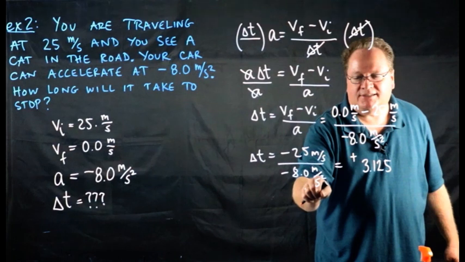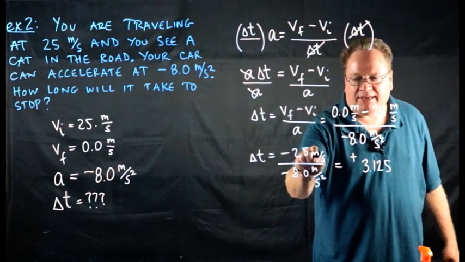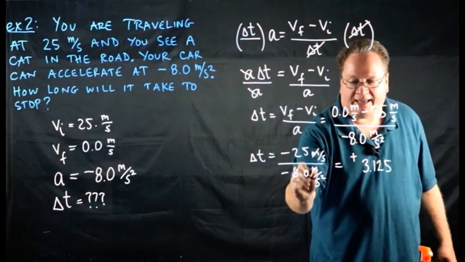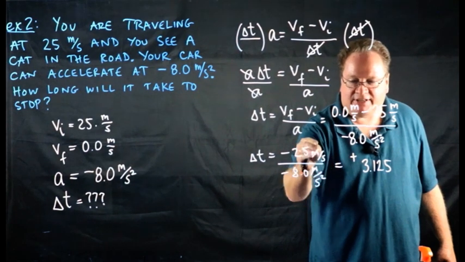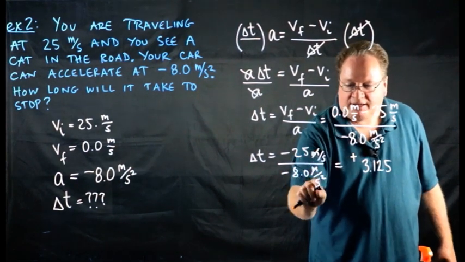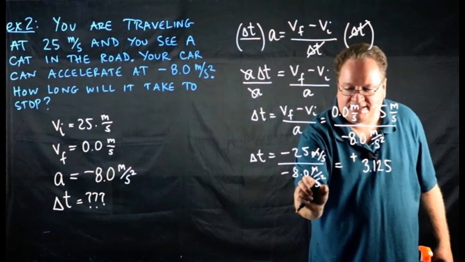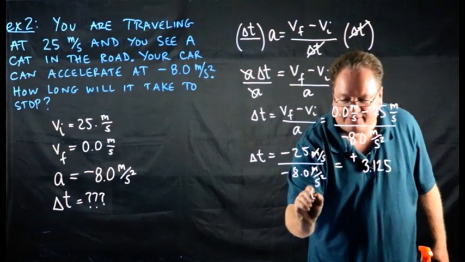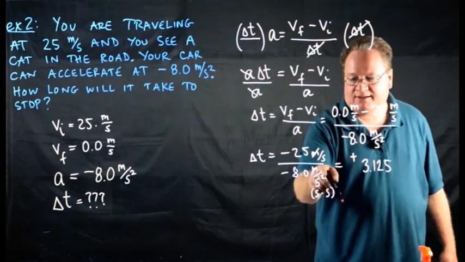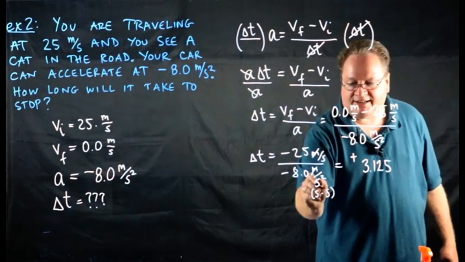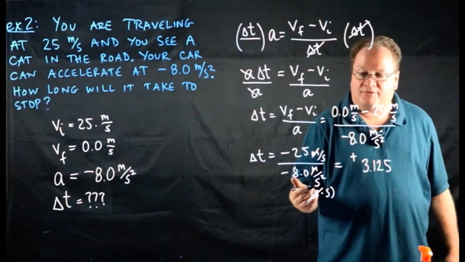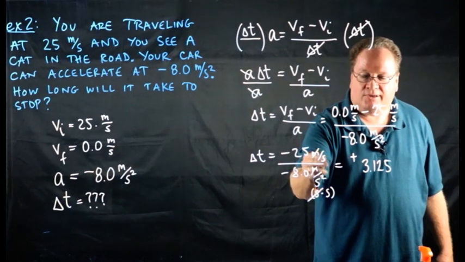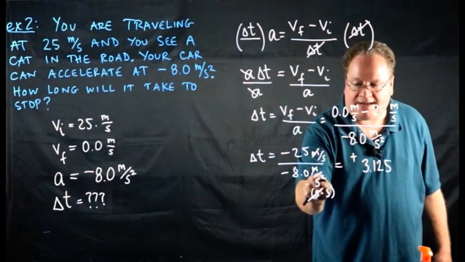What about our unit? Well, this meter is here, and this one's here, and so they're both opposing each other. They'll cancel. This second that's here in the denominator of this fraction is opposed to these seconds that are in the denominator of this fraction, which means one of these is going to get canceled. Remember, you need to think of this as seconds times seconds. Here, that's what second squared is, so that second's going to cancel one of those. What I'm left with is a unit that is basically 1 over seconds. So seconds would be way down here.